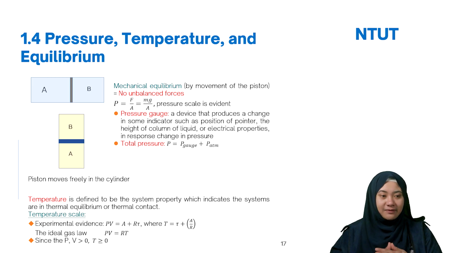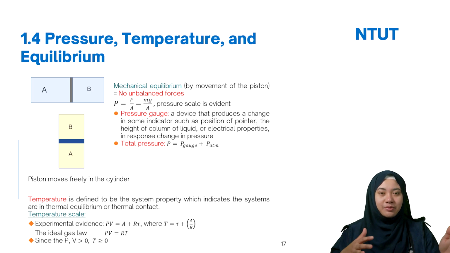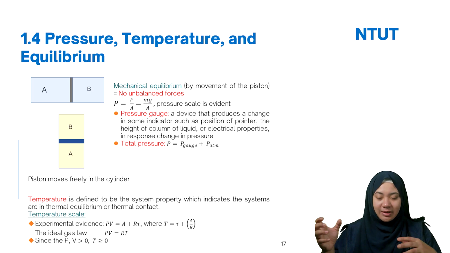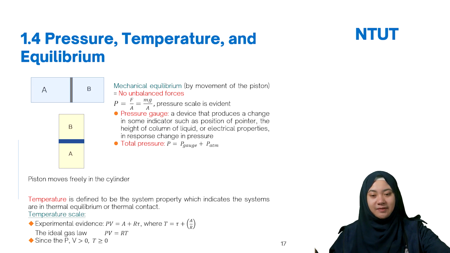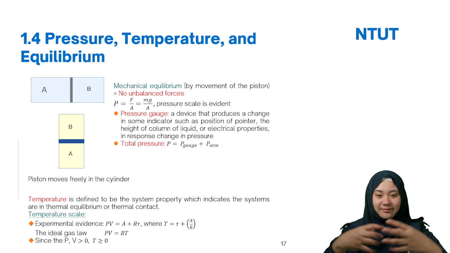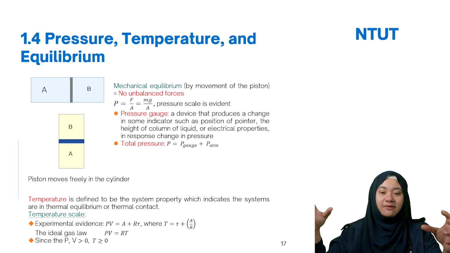But actually, if you go through the interaction, it's not ideal. Like the surround us here, we have a lot of gas. We cannot see, but they have attraction and repulsion. So what is this? Attraction means when the negative charge meets the positive charge, so they will attract each other. This is the attraction force. Repulsion means negative with negative or positive with positive.